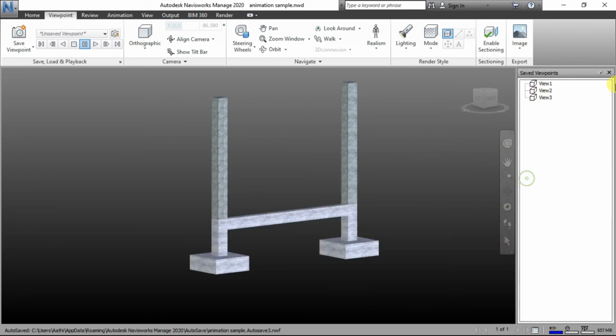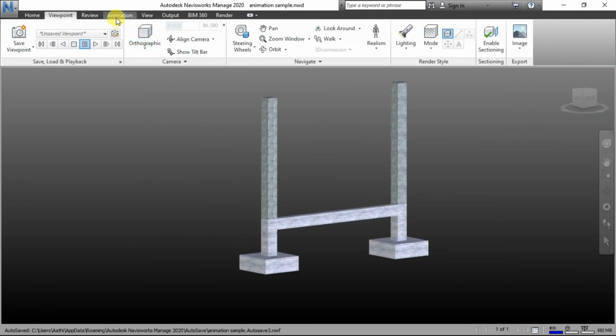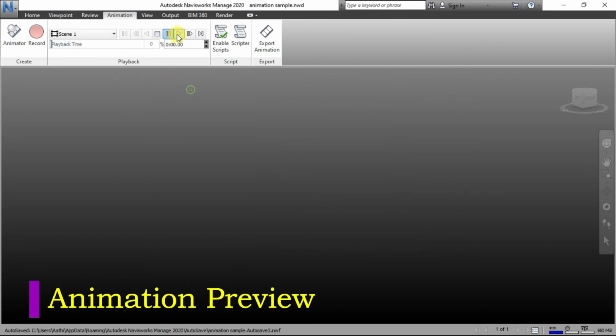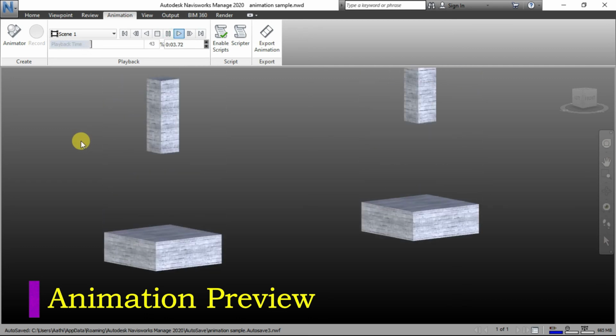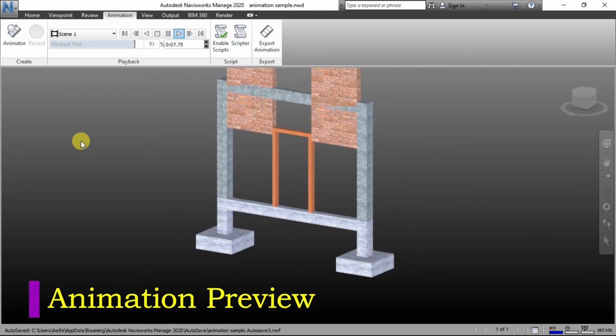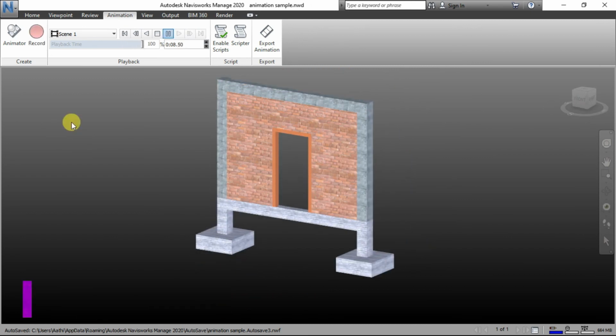So now we can see how the animation is created in the animation window. First footing, small columns, beam, long columns, beam, door and brickwork. Okay, that's working fine.